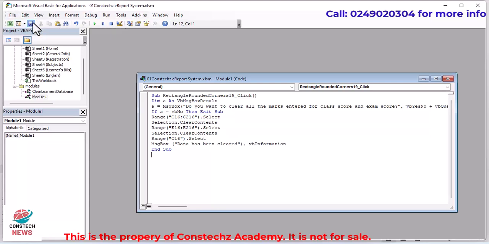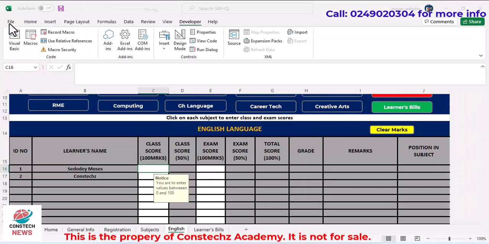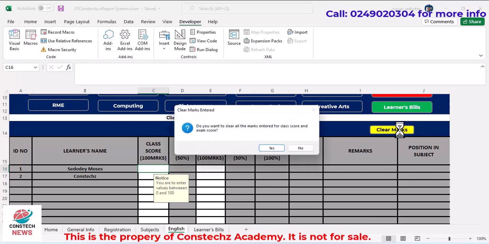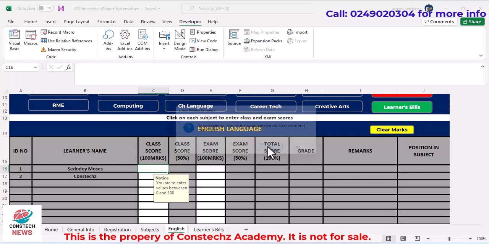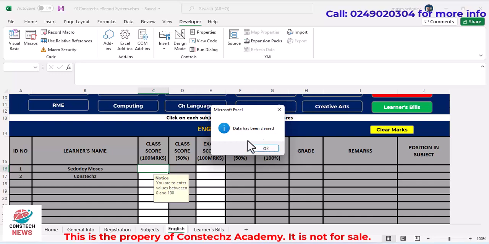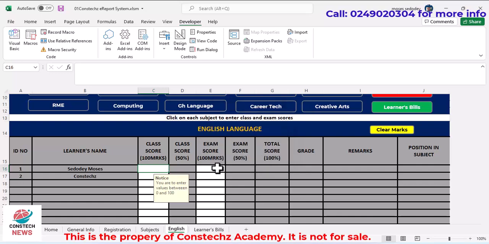So save your work. So let me clear. If it clears, it will give me that feedback. You see, data has been cleared. Okay, that's good. That's good. So now, before we duplicate this cell,